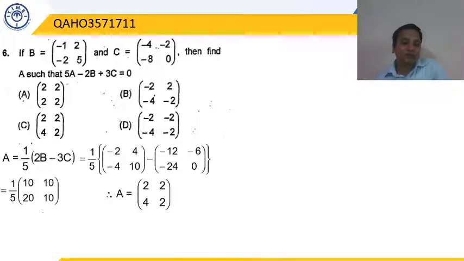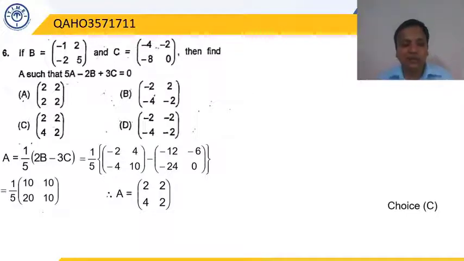If we carefully look, the choices are very close. The first option says 2, 2, but only one element is 2 instead of 4, otherwise it matches. B and D are ruled out because none of our elements is negative. But C is the correct choice. It comes out to be 2, 2, 4 and 2. So we marked choice C. That's straight away choice C. I hope this is clear. These are the basic steps we are doing. In an examination, it is not necessary to write all the steps. You could just concentrate on the few elements which are distinct, which are different in all.